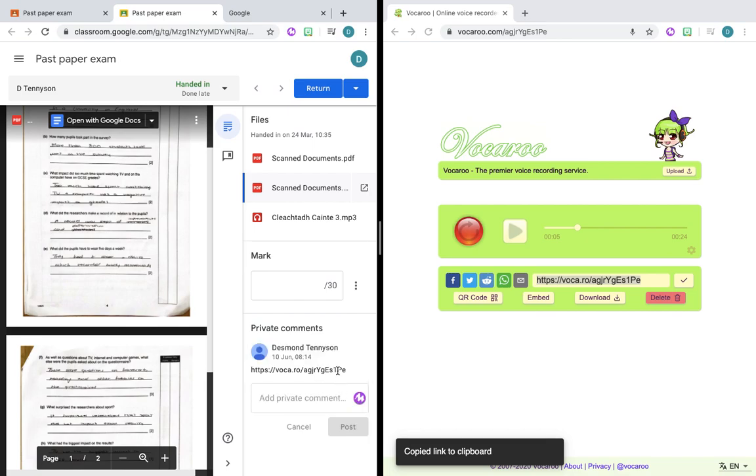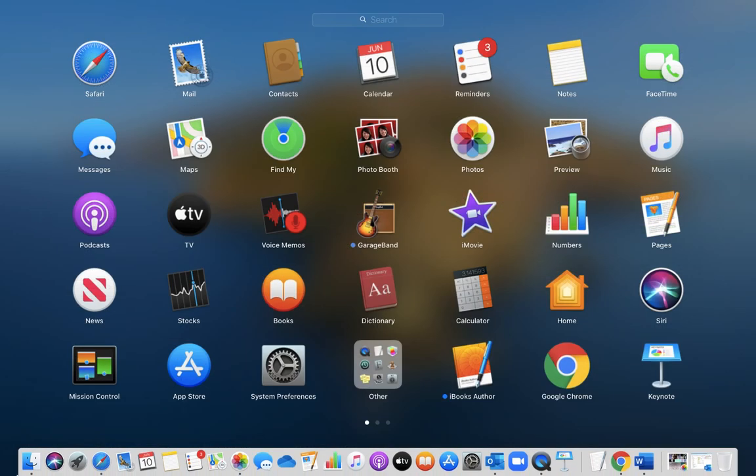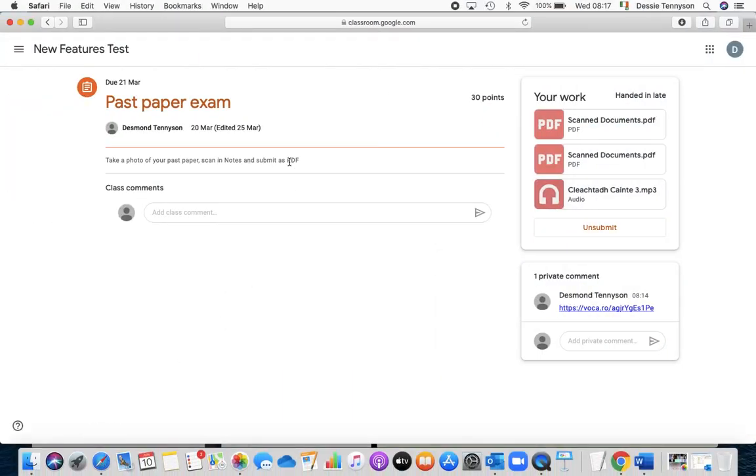All the student needs to do whenever they pick this up on their end, this will be a hyperlink. How this looks from the student perspective, you can't actually see here that it's a hyperlink. So what I'm going to do is just jump into another browser here where I've loaded this in the background. This is the piece of work that the student had uploaded, and here is my Vocaroo audio feedback for the students today. Click on this as a hyperlink